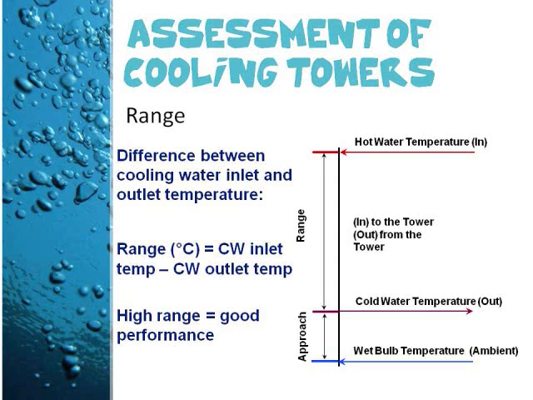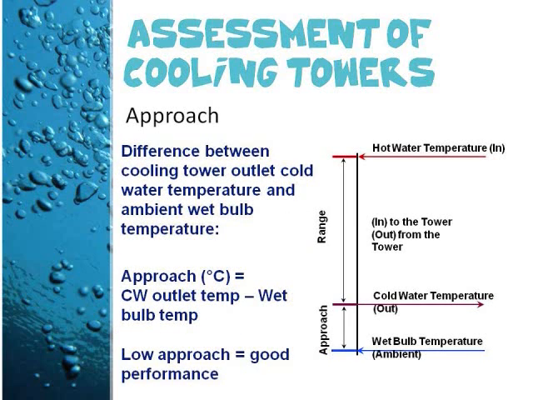The range is the difference between the cooling tower water inlet and outlet temperature. The formula for cooling tower range in degrees Celsius is cooling water inlet temperature minus cooling tower water outlet temperature. A high cooling tower range means that the cooling tower has been able to reduce the water temperature effectively and thus is performing well. Approach is the difference between the cooling tower outlet cold water temperature and ambient wet bulb temperature. The formula for approach is CT approach in degrees Celsius